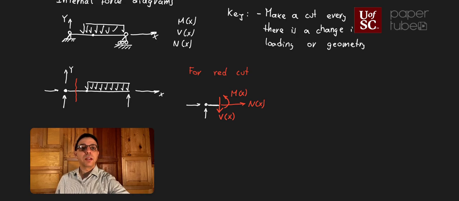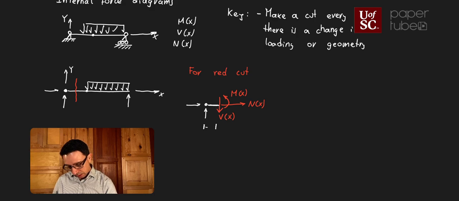One important thing here is that this distance is x. So we can write all of those equations for my shear, for my bending moment, and for my normal force, as a function of that distance x. Now my second cut is going to be somewhere, let's try to use green for this one,